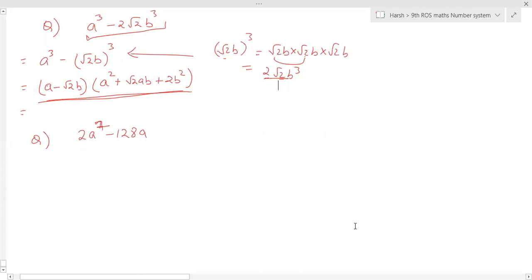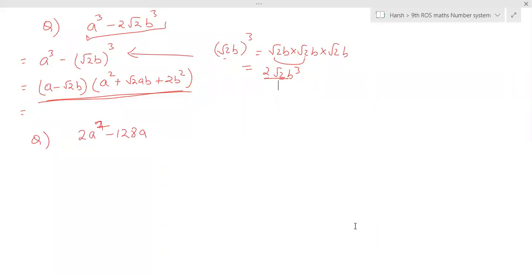Srinidhi: 2a into a plus 2 into a minus 2 into a to the power 4 plus 4a square plus 16. Last time, why didn't you factorize? You factorize that also. Okay, sir. Vaibhavi? Sir, same answer. Arinja? Sir, I have a doubt. Is the last term minus 128a or 129? 128a. Okay, thanks, sir.